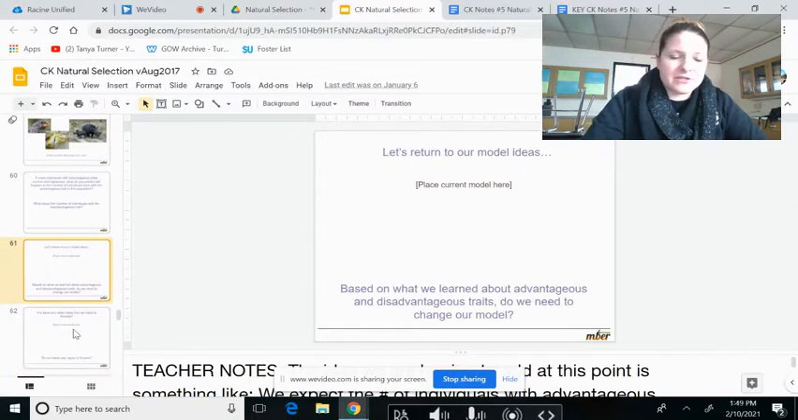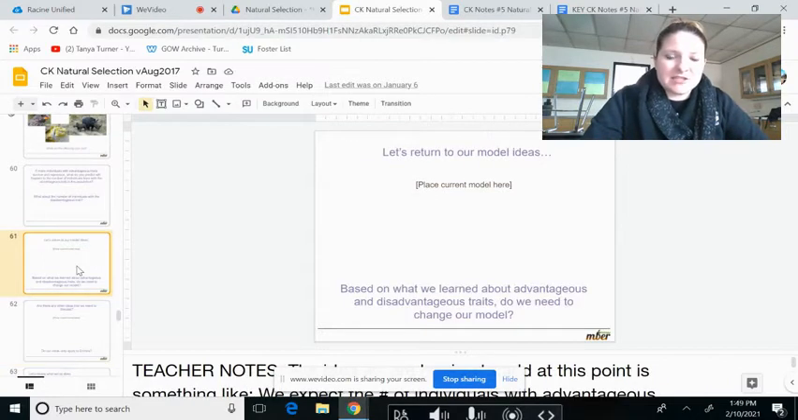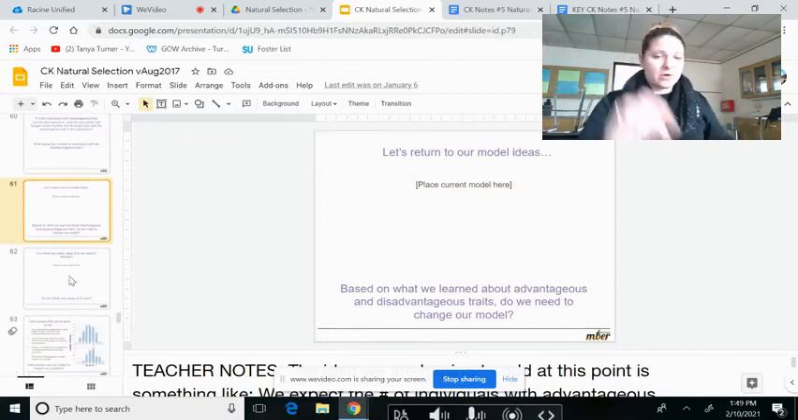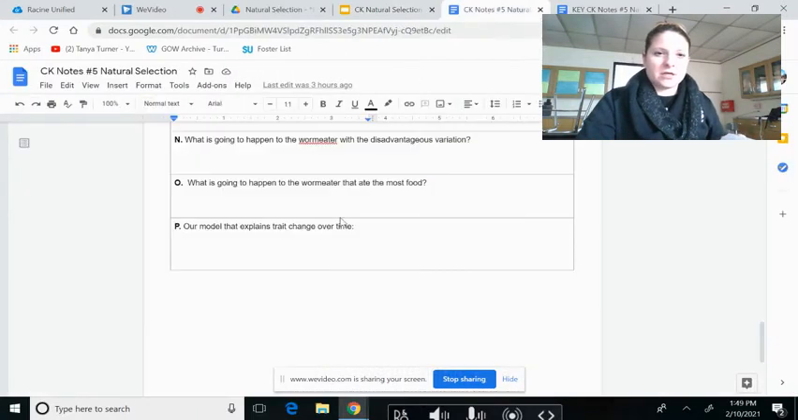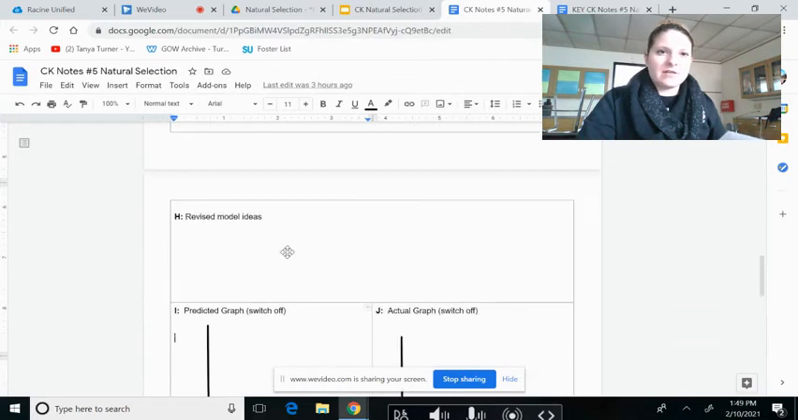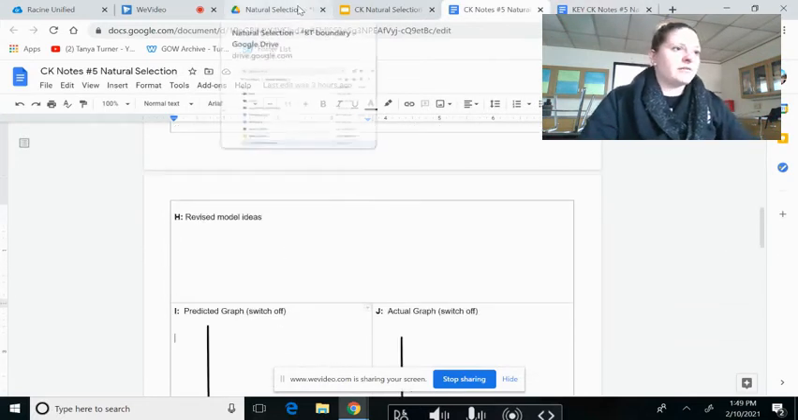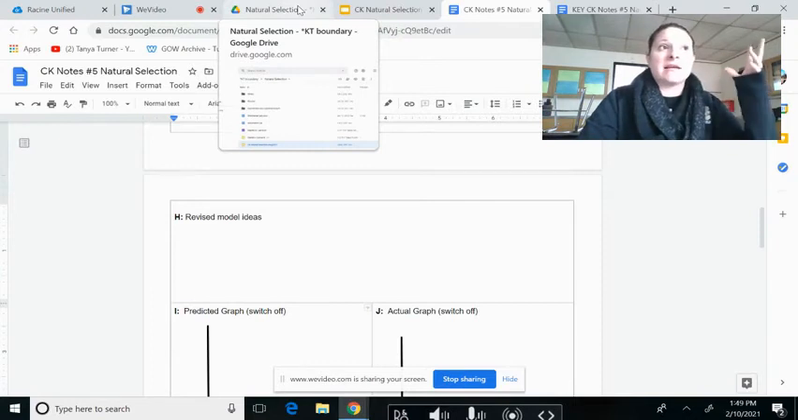All right, so then we were going to return to our model ideas based on what we learned about advantageous and disadvantageous traits. Do we need to add anything to our model? So our model before this was, I don't think I have it in here. I do not. The one before this, I have it on this computer, so I'll read it really quick. The model we had before this was that there's a change in an environment or weather. We got this from the bird beak gizmos and the reading